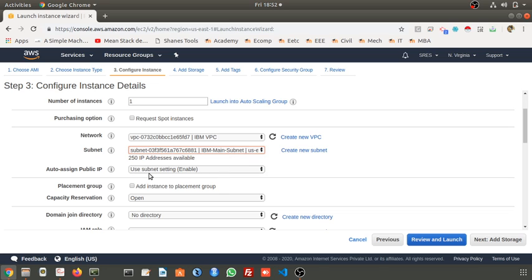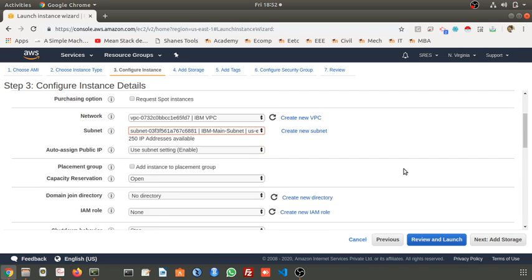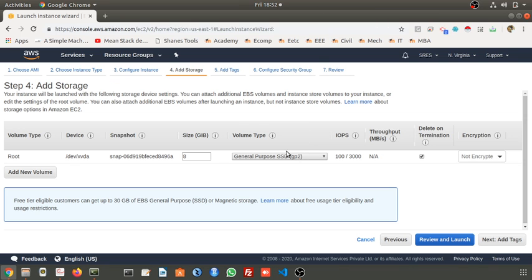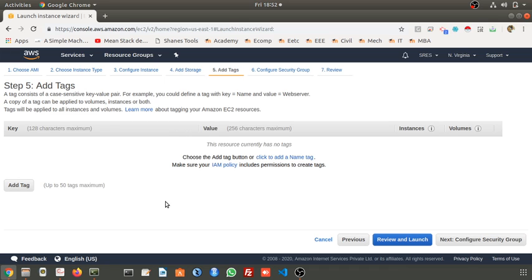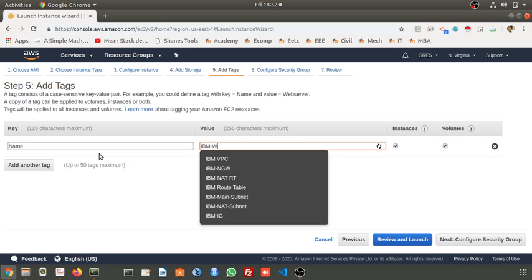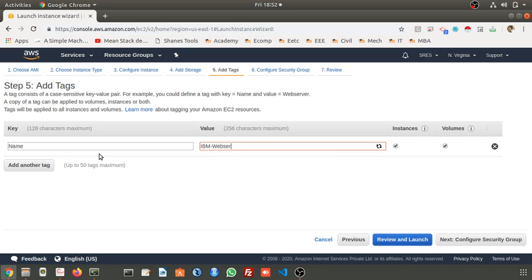Here it is already selected. The subnet setting enabled means a public IP will be assigned automatically. I will take the default size. I'll add one tag here: IBM web server.